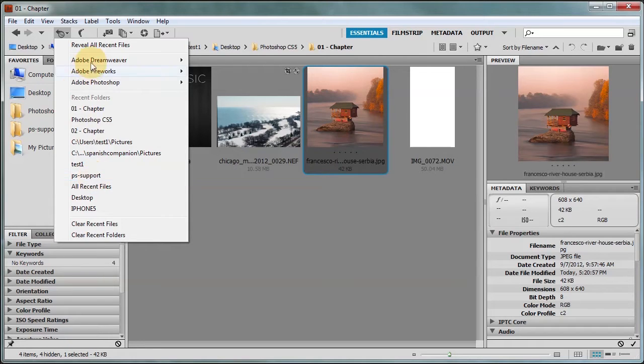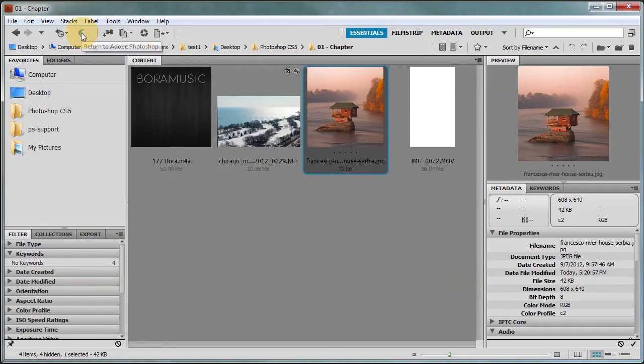You also have the boomerang we talked about in the previous lessons, which allows you to go back to Photoshop or the last application that you used. In this next lesson, we're going to talk about how you get photos from your camera. Here you can refine by looking at the review mode, batch rename. We're going to do that. Look at file information. You can select a file and choose this icon, which will open up in Camera Raw,